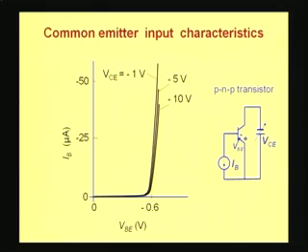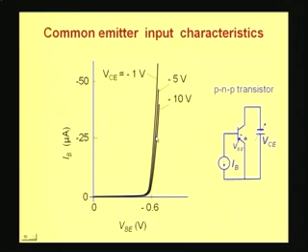So therefore, since base current is almost linearly related to the emitter current, and emitter base junction characteristics are exponential, that is the variation of the emitter current with base emitter voltage is exponential, therefore the variation of base current with base emitter voltage will also be exponential. Okay? So that is why on this axis you have the base current, which is of the order of tens of microamps, and this is the emitter base voltage axis.